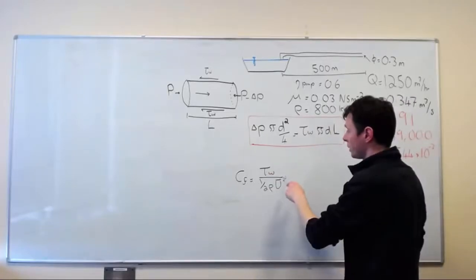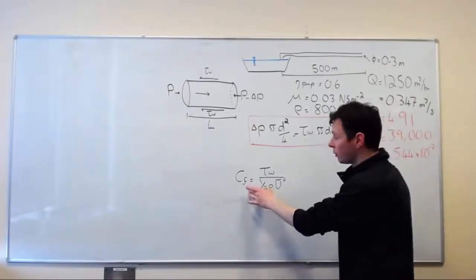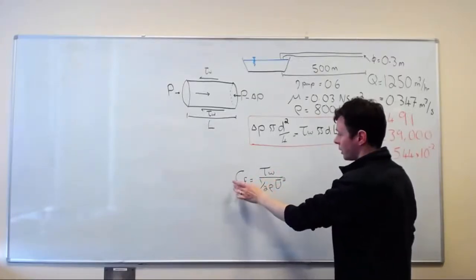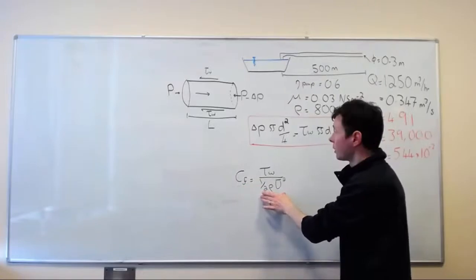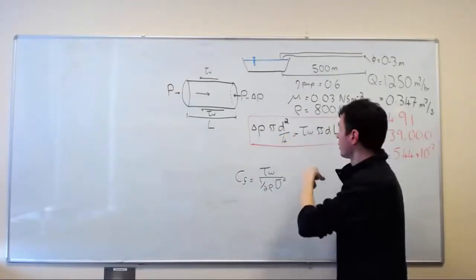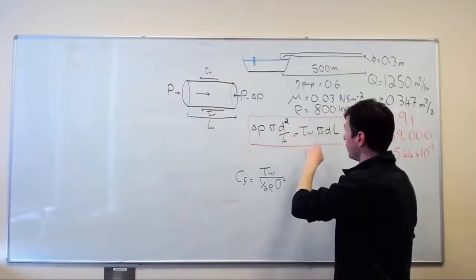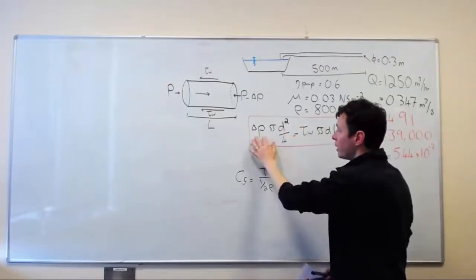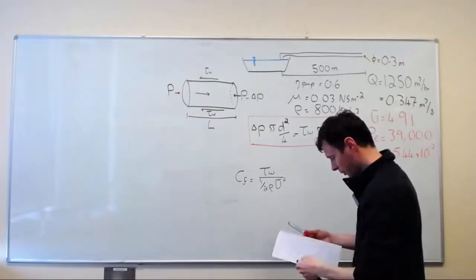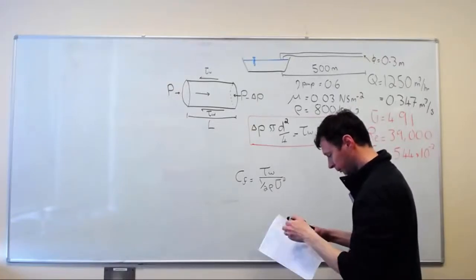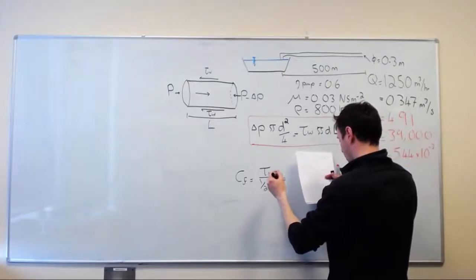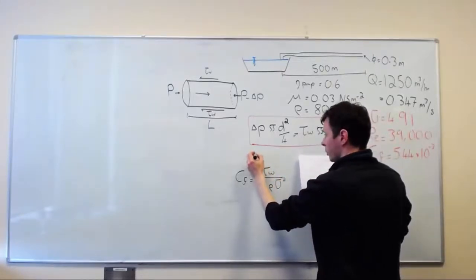We can rewrite this, so we can take this value of tau W and express it in terms of CF in the kinetic term. So substitute that in, cancel some terms, so there'll be a D either side, the pi's will cancel, and then rearrange for delta P. So when we do that, so substitute and rearrange, we end up with this expression, which is